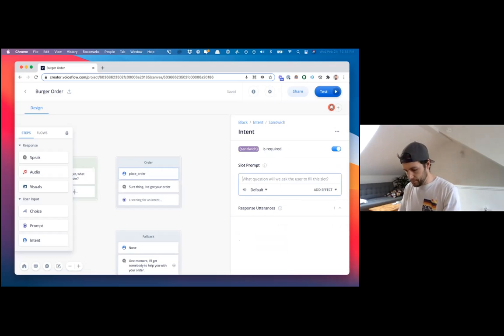So, what sandwich would you like? If this intent is triggered but there's no sandwich slot value passed with it, the system is going to follow up and say, okay, what sandwich do you want here? Then you need to define what somebody would respond to this question. By default, we assume they'd say cheeseburger, but you could also add on, I'd like a sandwich, give me a sandwich,